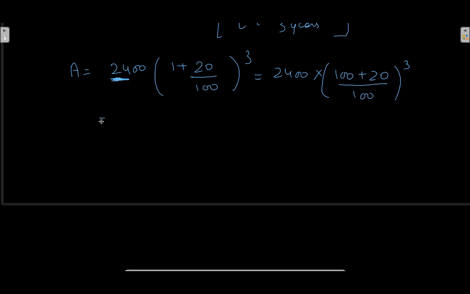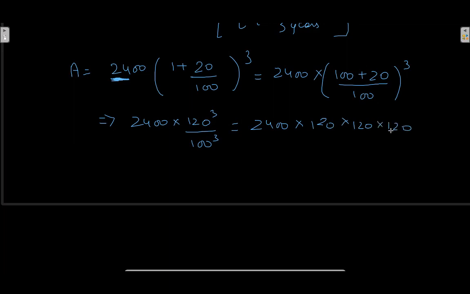So there is actually no harm in writing those steps, which look pretty obvious. It becomes 120 raised to the power 3 over 100 raised to the power 3, and this can be simply written as 2400 into 120 into 120